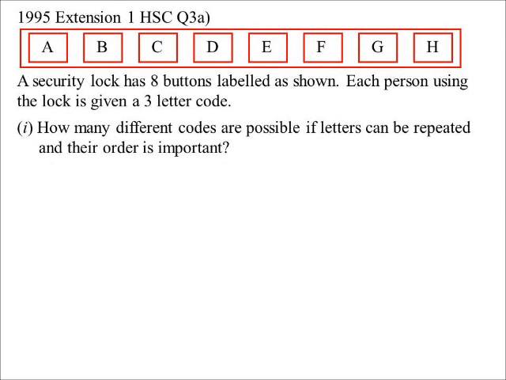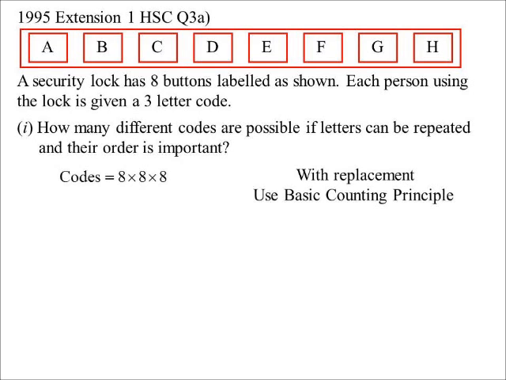1995. Wow, 20 years ago now. But I really like this question. Okay, so we've got a security lock. 8 buttons, labelled A, B, C, D, E, F, G, H. And you get a 3-letter code to try and get in this door or whatever the lock's on. How many different codes are possible if the letters can be repeated and the order is important? So you could have a combination AAA, for instance. Well, because I'm reusing letters, it's not a permutation, it's not a combination. I use the basic counting idea. So it'll be 8 times 8 times 8,